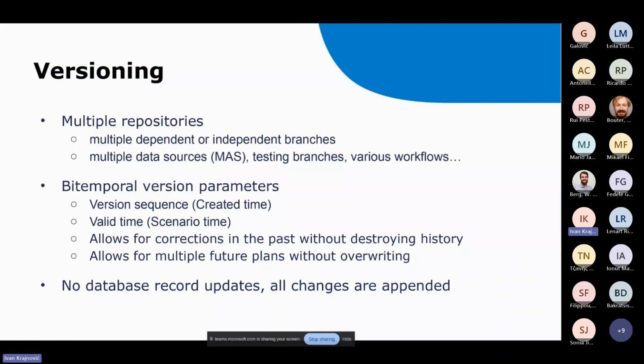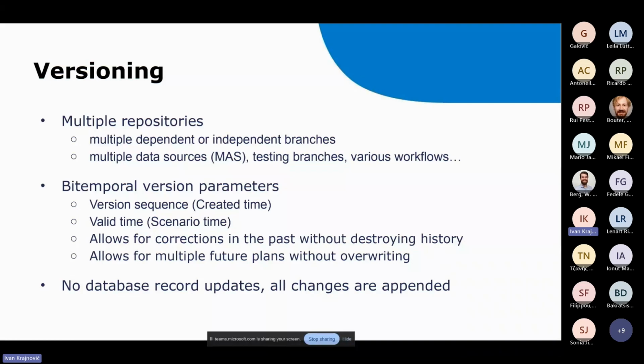This is also not new. In some other sectors it's used, financial, etc. But we decided to use it in this use case. SIM has some support in metadata for this, but really SIM doesn't define this sort of versioning. SIM only defines the data dictionary and data exchange for a single model snapshot. It doesn't define how you store historical model data. We decided to store it by bitemporal versioning. And it allows for corrections in the past or future planning, etc.